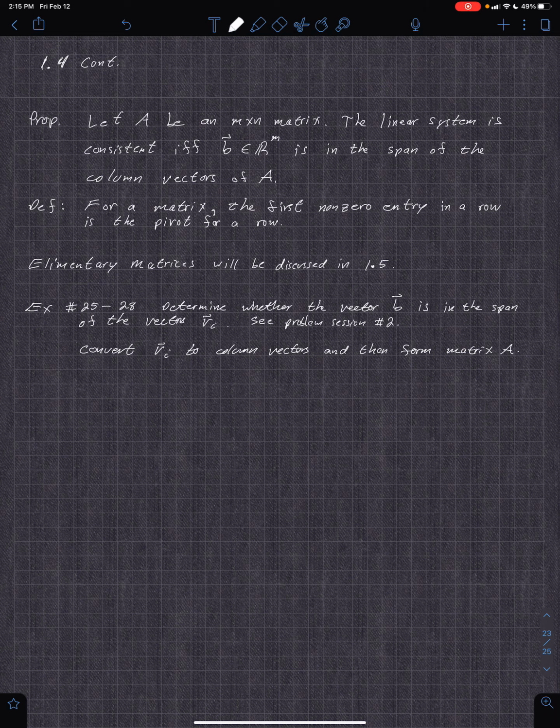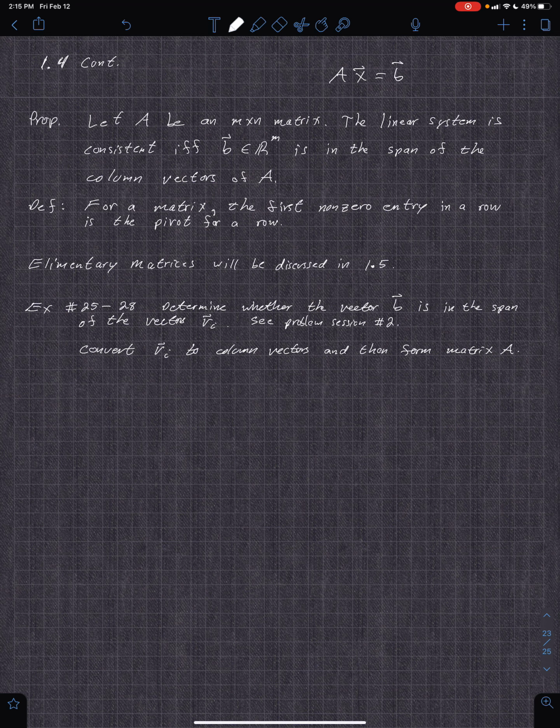Let's finish a couple things in 1.4. First property has to do with span of the constants, like the solution. Let A be an n by n matrix. Then the linear system of A and B, I probably should have written that down. So if you have the linear system AX equals B,